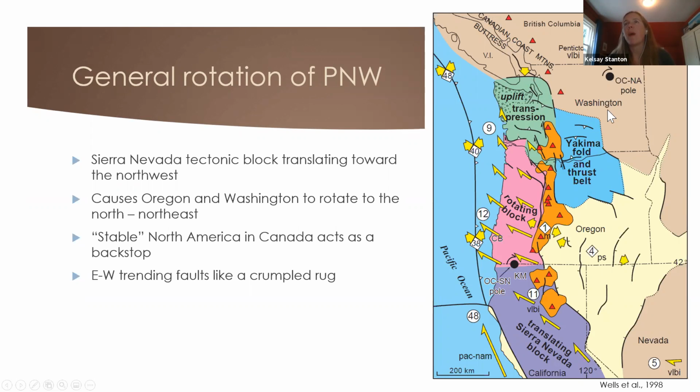Both of these hit the backstop of stable North America and Canada. It turns out this is not that stable, but it's more stable than everything down here. And so it hits this backstop. This is sort of like if you slid along a rug and the rug hit the wall on the other side and you kept sliding, it's going to cause a bunch of ripples, like a crumpled rug. And those ripples we see as faults